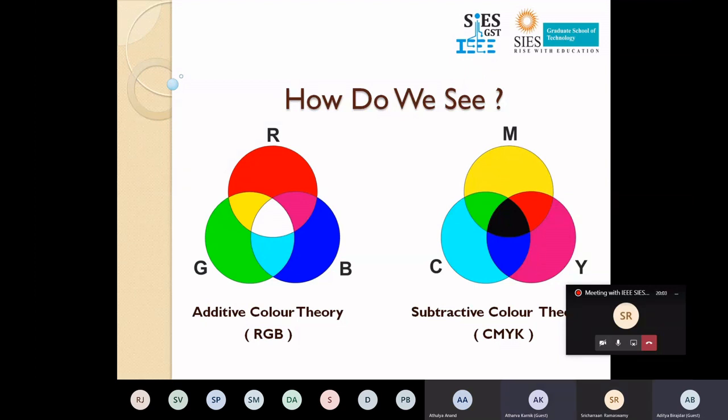What does this have to do with poster making? Hang in there. Within the next 2 minutes, you will get to know when we open our CorelDRAW. Before we start with our software, let me explain one more fun fact. Look at both the color theories here. R plus G plus B gives you white, and C plus M plus Y gives you black. But while saying it, we say RGB and not RGBW, and here we say CMYK and not CMY.